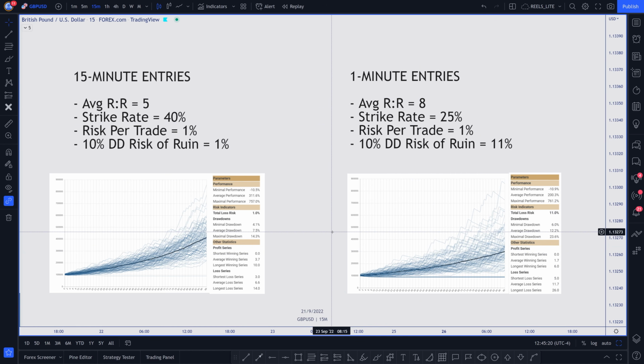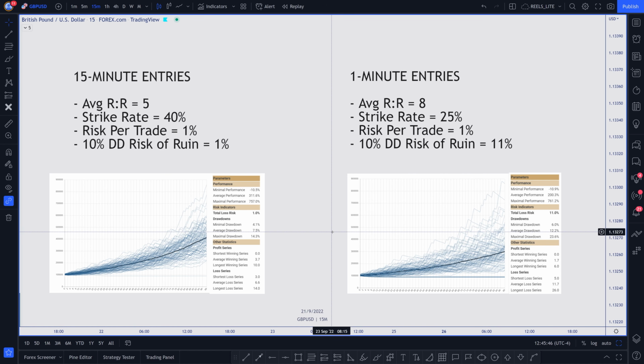Obviously, in order to compare this and actually assess whether you should be trading one system or the other, is to collect the data, right? So until you collect the data, it might be a sample size of 20 to 30 trades. Until you do that, you don't really know what your performance is going to be like. And of course, we have to account for different things like market conditions, right? So it's a good idea to collect data in, I would say, sets of like 20 to 30 trades